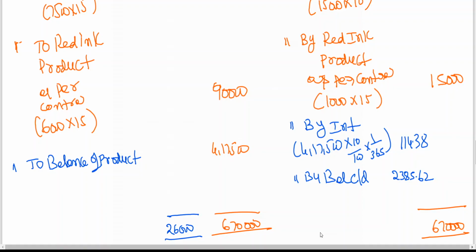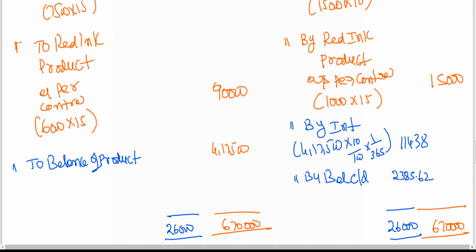So this is one more important point. Product is showing more on the credit side, amount is showing more on the debit side. In previous problems, product and amount both are showing on the debit side. So this is what I told you. Product may show credit side more, but amount may show debit side. That's it. So this is a very good problem. Keep on practicing. I think you will be able to do it.